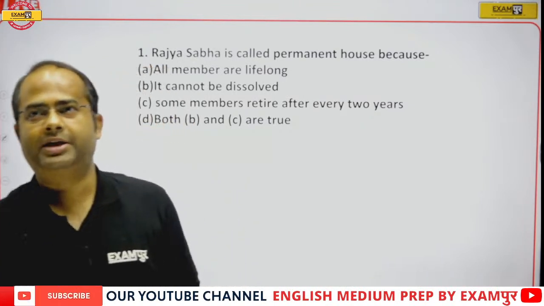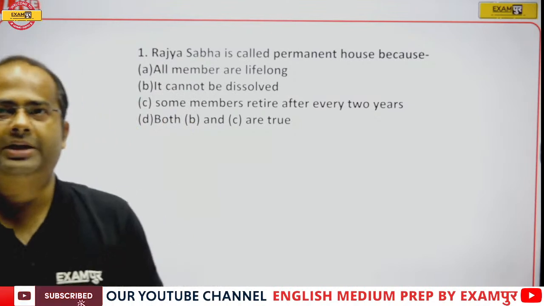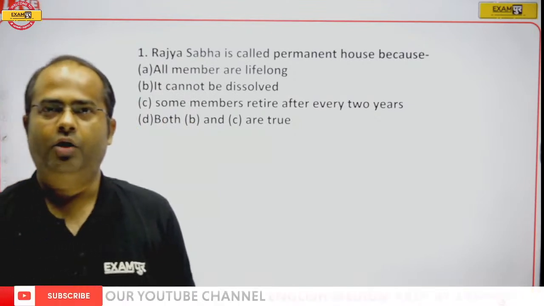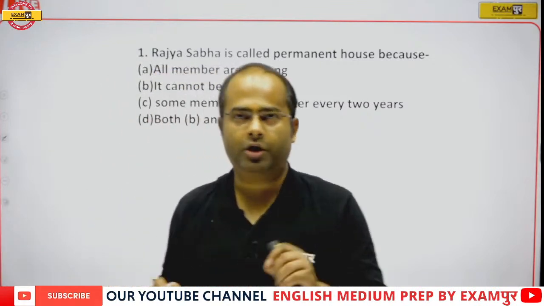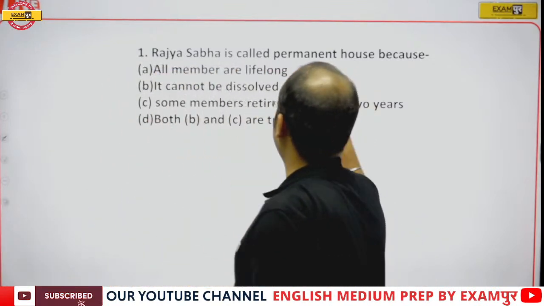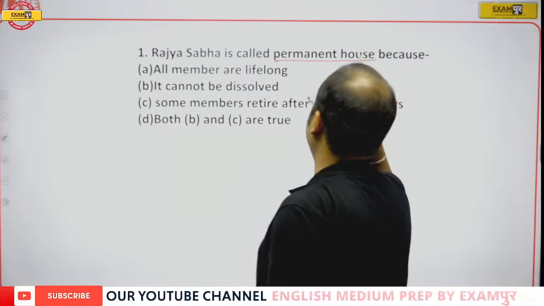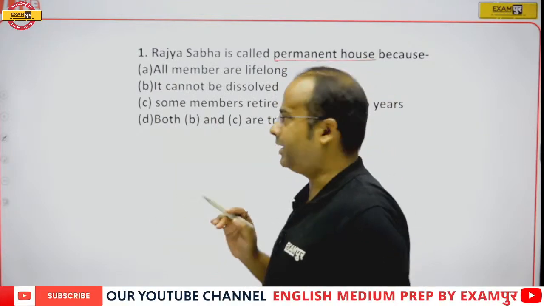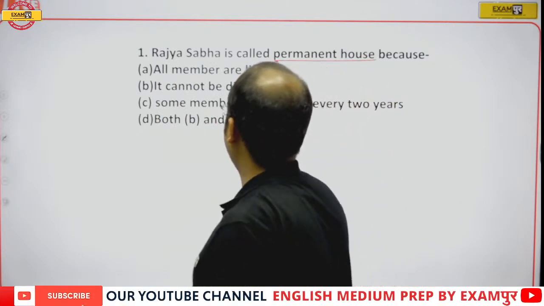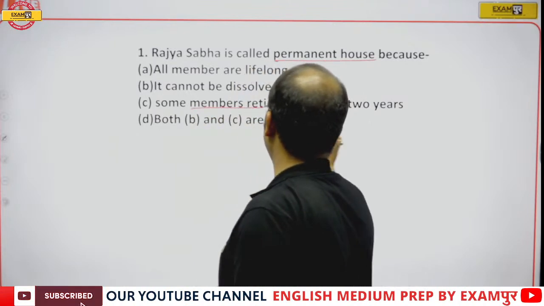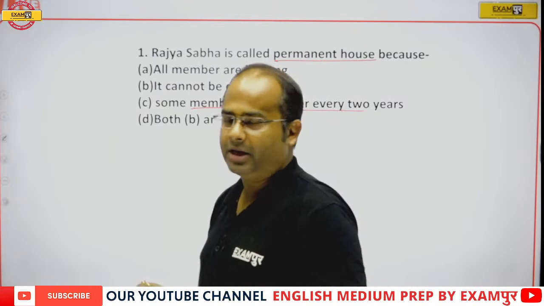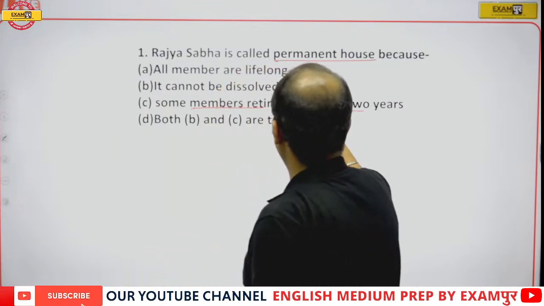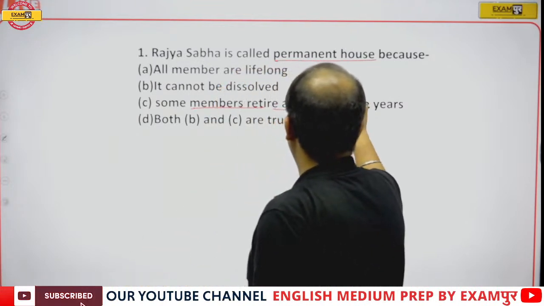Sharvani is saying option D, that means both B and C are correct. Now first of all, when we deal with this type of question, we have to go according to the question. The question is asking why it is called a permanent house. And it is said that some members retire after every 2 years. So that does not prove that it is a permanent house in nature. This statement does not prove